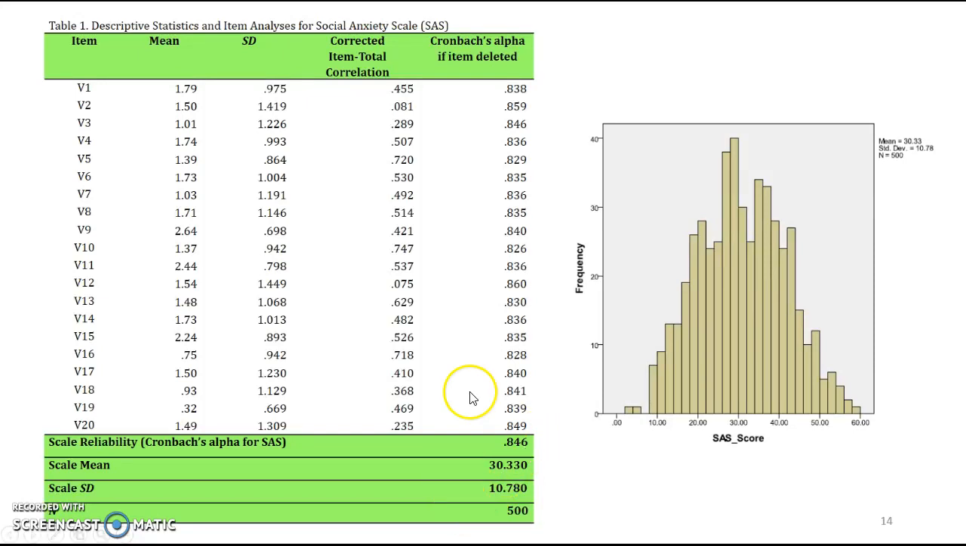And then this Cronbach's alpha if item deleted means that if we are about to delete item 1, the Cronbach's alpha will be 0.838 instead of 0.846. So basically, it's just going to reduce our reliability. But then if we're about to delete item number 2 or item number